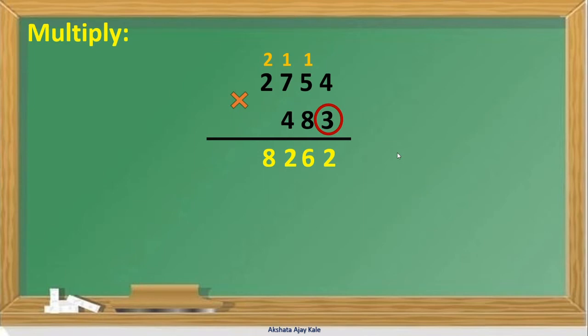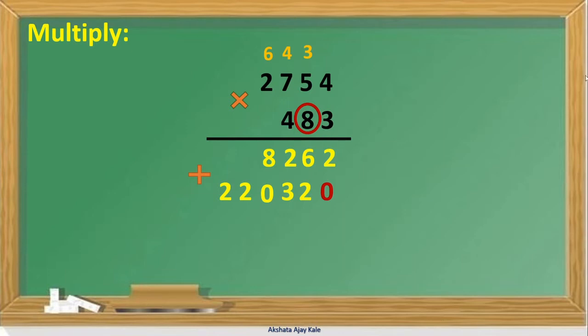Got this? Now our second step, we will multiply by 8. So in the unit place we are going to give one 0 first. 8 4s are 32. 2 we will write down and 3 we will carry over. Then 8 5s are 40 plus 3, 43, right? 4 carried over. Then 8 7s are 56 plus 4, that is 60, right? 6 is carried over. Then 8 2s are 16 plus 6, that is 22, right?